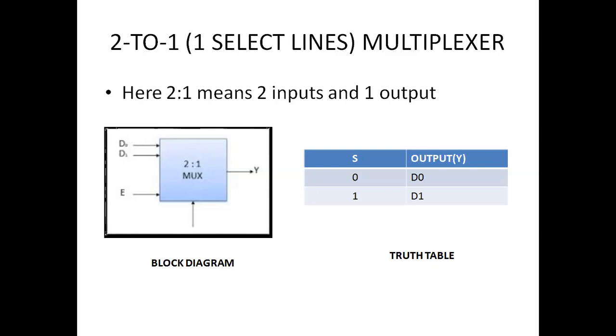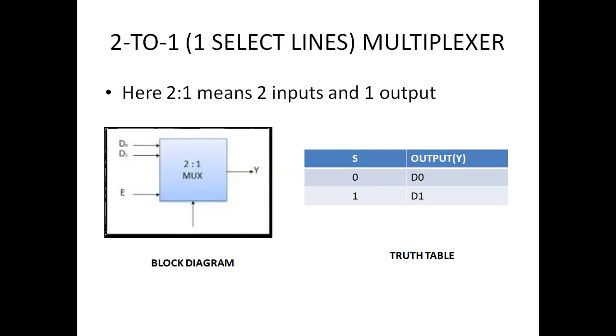Now how this will work, we will study with the help of the equation and the truth table. Now here we know what the input is and what the output is. Generally we make the truth table between the input and the output. But here the work of input is being done by the select line, that is S. So we will take input as select line and output as Y. Now we have a single select line, so a single value can have two combinations, that is 0 or 1.